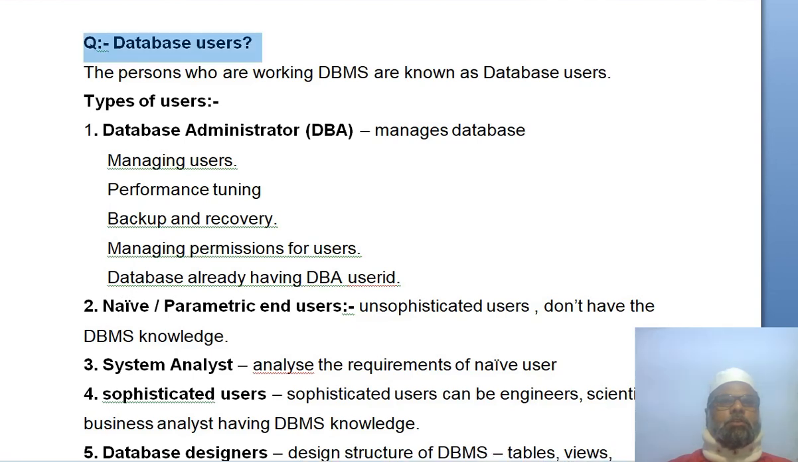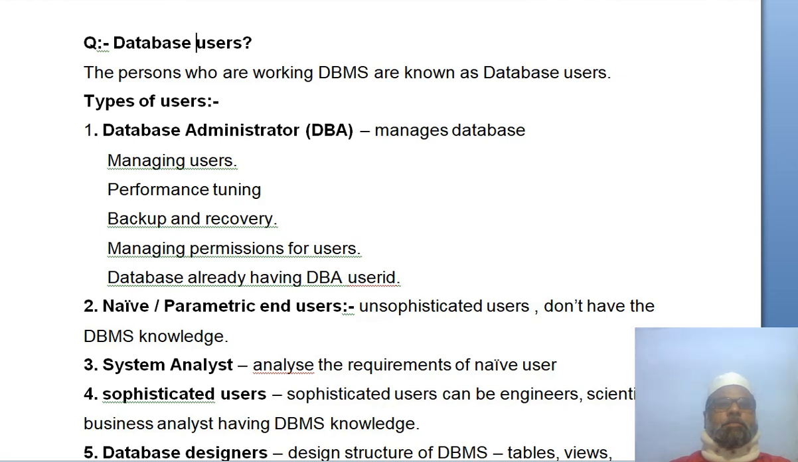Today we are going to discuss database users. Database user means persons. The persons who are working in a database management system are known as database users. Database users are classified based on their roles, jobs and responsibilities. Database users are working in the DBMS environment to manage the database, to insert, update or delete the data